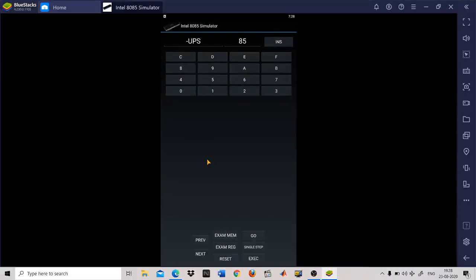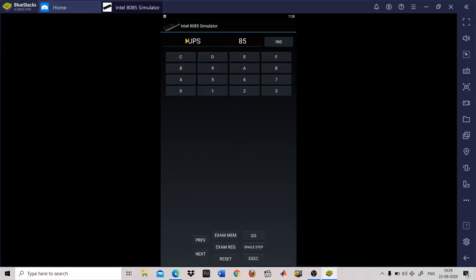So now we are going to execute our program using this simulator. This simulator is available on Android phones. Just type Intel 8085 simulator in the Play Store and that app will easily get installed. There are two important steps to remember while performing your program using this simulator. At first, you have to store all the set of instructions in your RAM memory locations. You have a keyboard in front of you, and you have to remember some steps while storing the instructions.